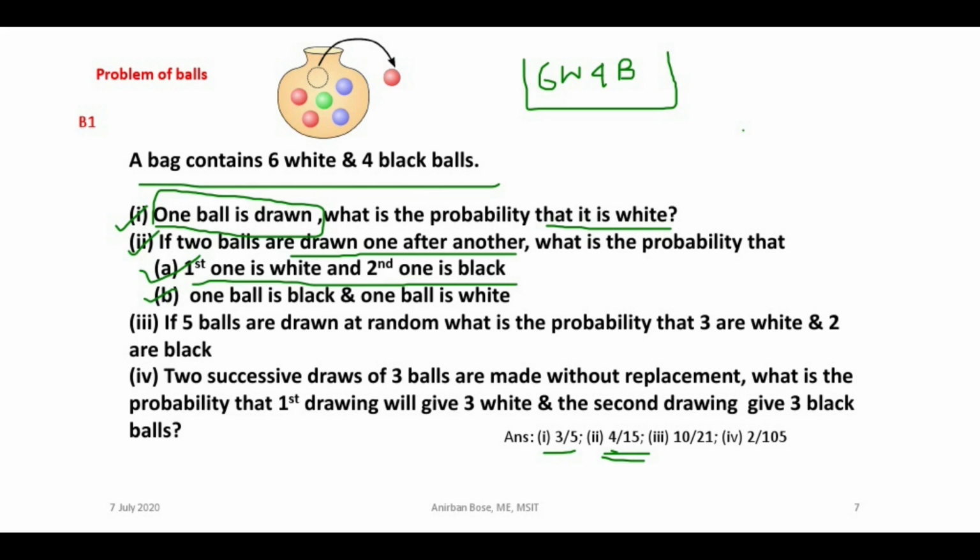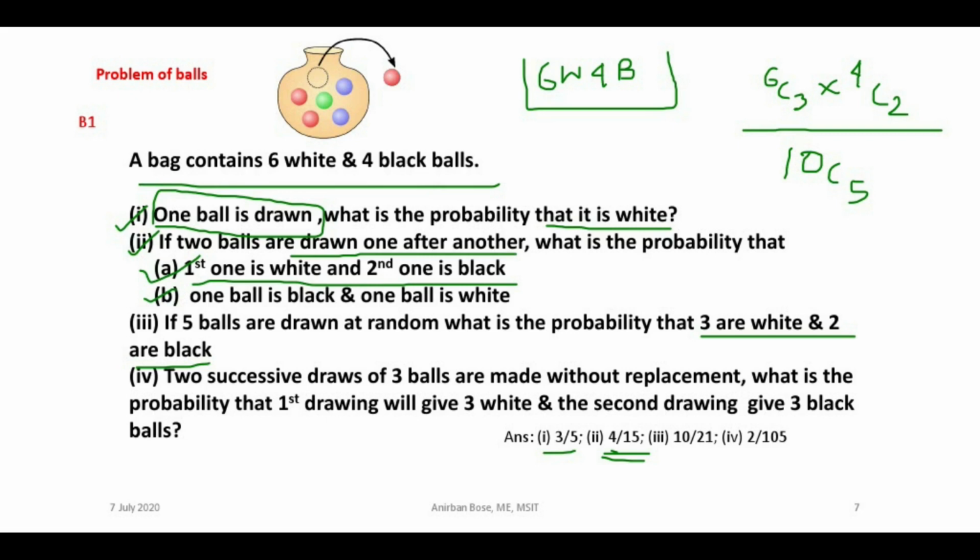So what is the possible outcome? Out of 10, you are actually withdrawing 5 balls. So 10C5. Okay, and what is the favorable case? The event is there are 3 white and 2 black balls. Simple now, 6C3 and 2 black balls, so 4C2. Okay, so these are not difficult problems. You just think logically, you will be able to answer.